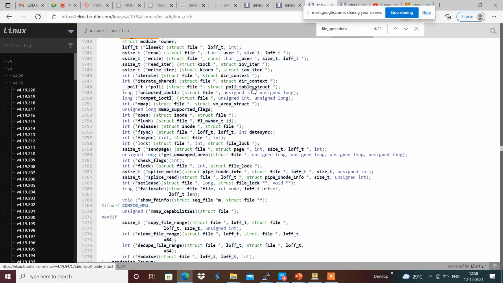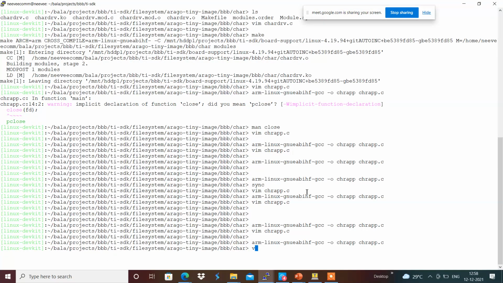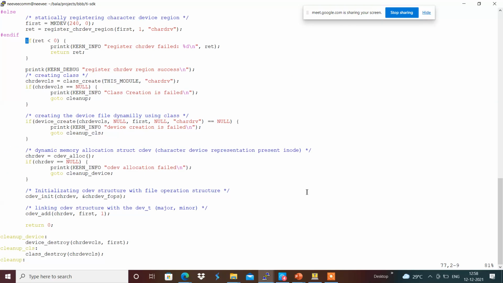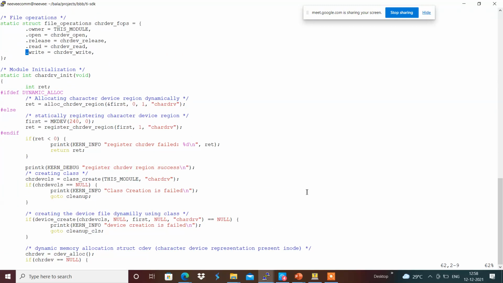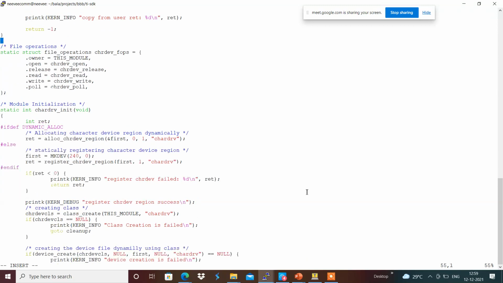In this file operation, I am going to add dot poll, which is something like chrdev underscore poll. The prototype of this function is poll underscore t, struct file, poll table structure, that we will see. We will add it over here.